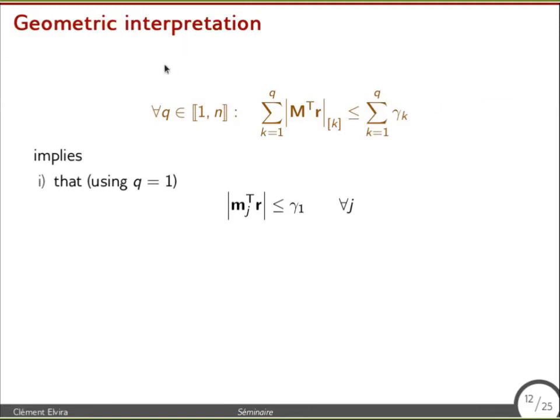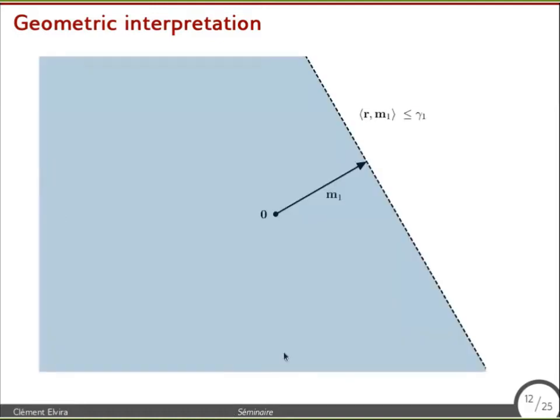So I have written the constraint again in brown. What you can see is that it is in fact a set of n constraints indexed by q. If, for instance, you take q equal 1, the inequality is satisfied whenever this inequality is satisfied for all values of j. Now I can provide a geometric interpretation of it.